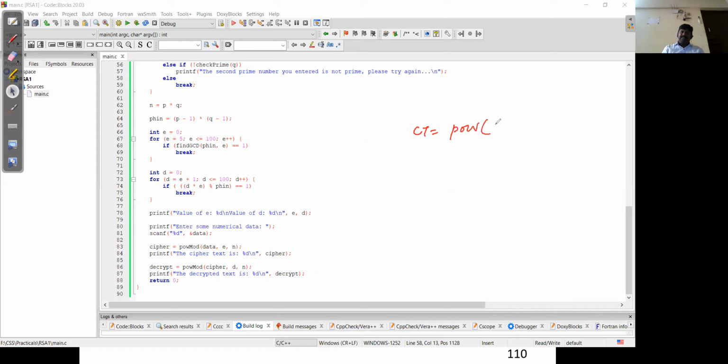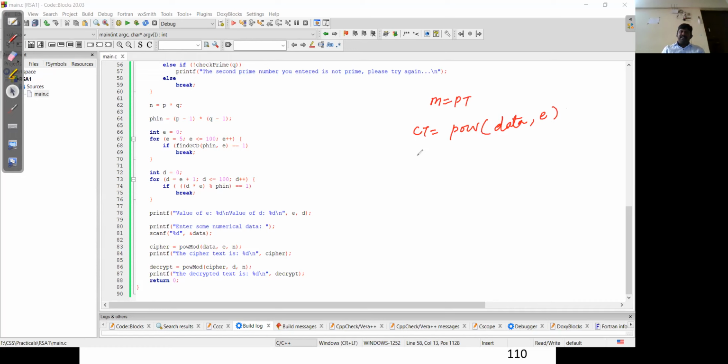Whatever value you selected, suppose the e value, and m is the plaintext; any variable you can use. Here I am using m, here I am using data. So you can use power of data comma e, and this value can be stored somewhere.